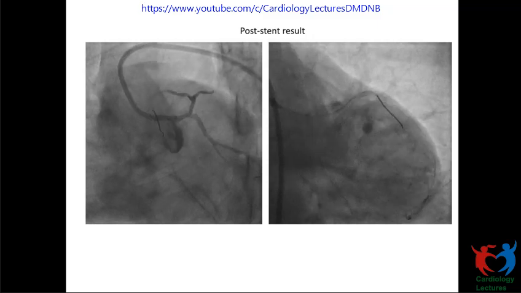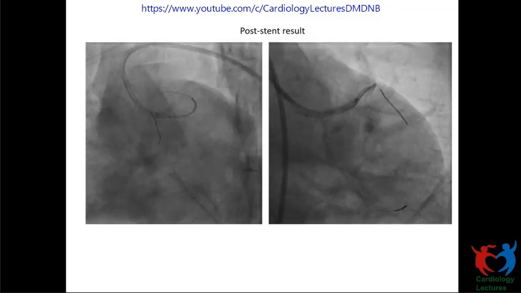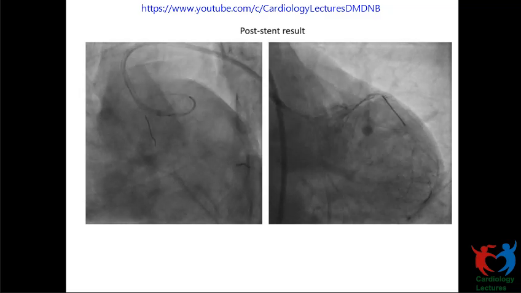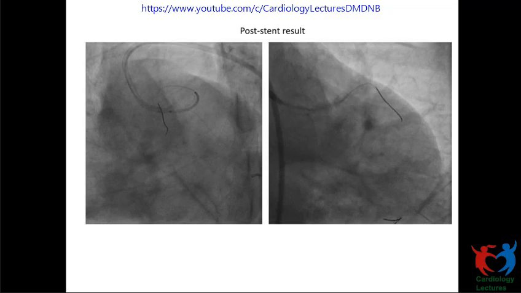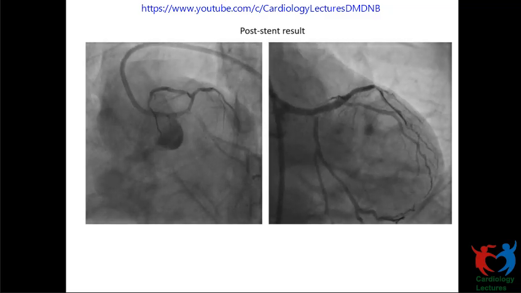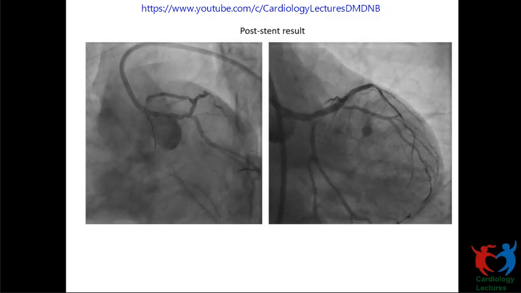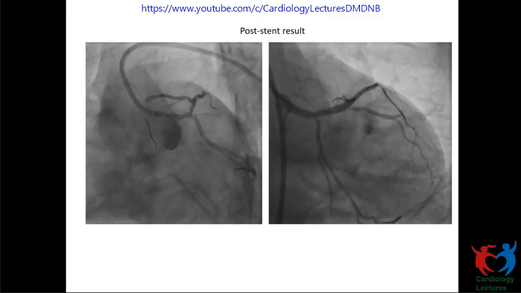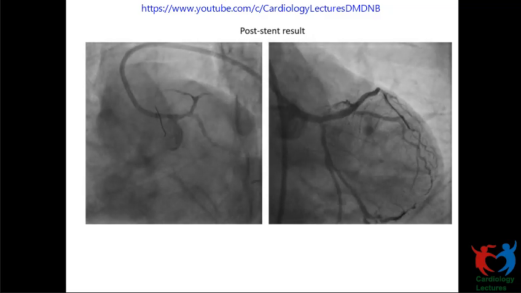But I have one more additional point to say here. It is true when you are doing the angiographic guided dilatations. Like in the angiogram, if the complex lesions are present, like calcium, then it is a definite indication to do it. But when you did the IVUS, and especially with virtual histology, you are almost certain about the plaque characteristics, then you can decide whether you can go for the direct stenting or not.